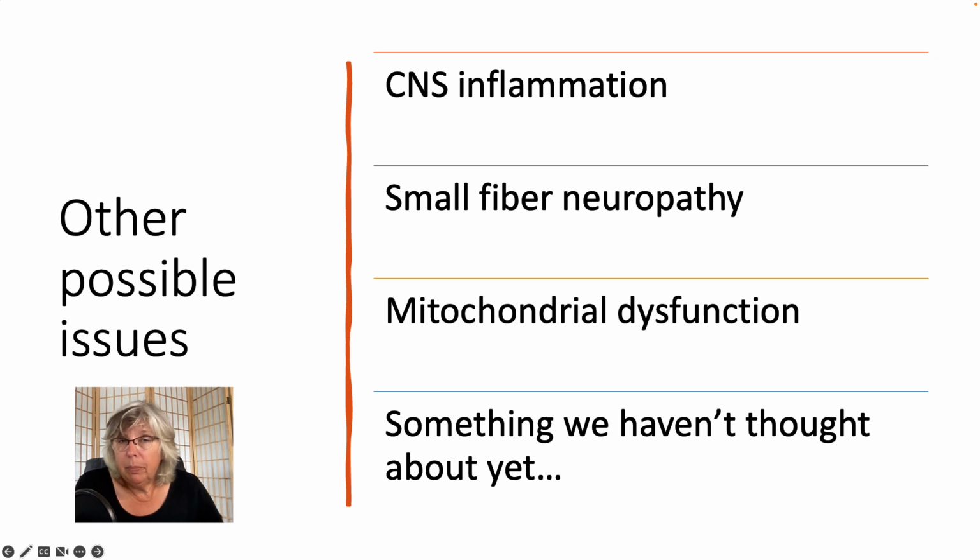That may turn out to have been a premature statement, although the inflammation that we're seeing associated with fibro may be more located in the spinal cord than out in the tissues. So it's something that some people are studying. Small fiber neuropathy refers to specific damage to some of our sensory neurons. And there is a pattern that some, but not all, patients with fibromyalgia show signs of having this particular kind of neuropathy. Mitochondrial dysfunction is another line of inquiry into this.